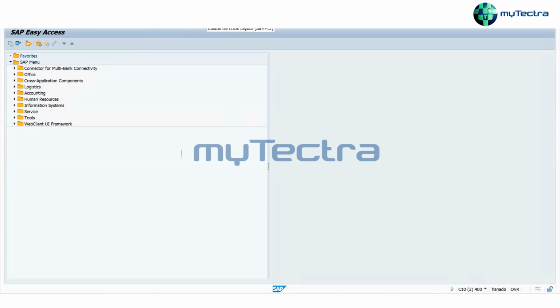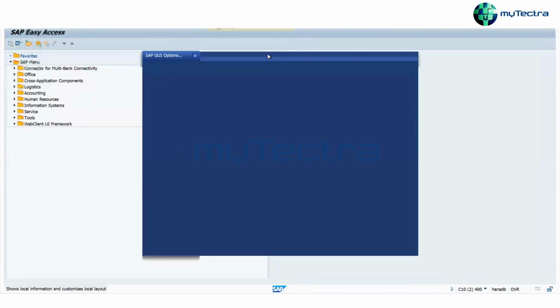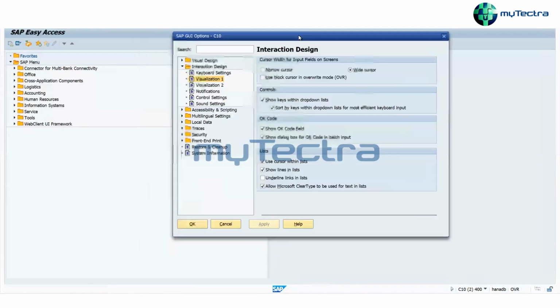And this is all for customizing the layout. If you want to change the appearance of the screen or whatever you want to change, you can use this. So this is the end of the home screen for SAP. This is the customize layout screen. The last one, can I save my preferences like the regular transactions which I use? No, you cannot save that here.